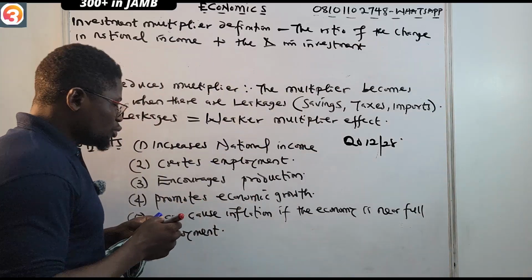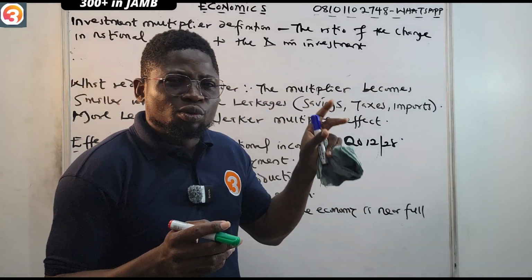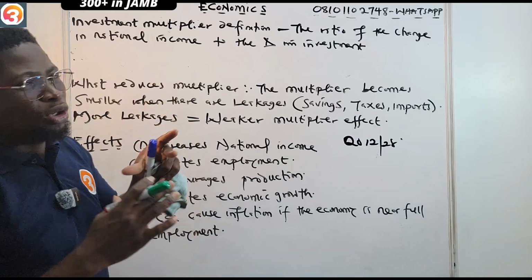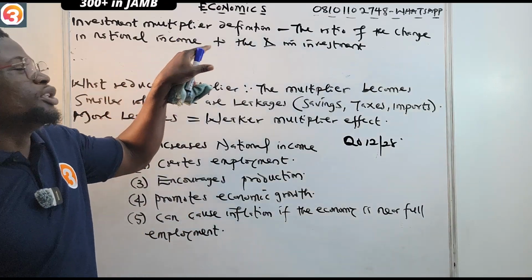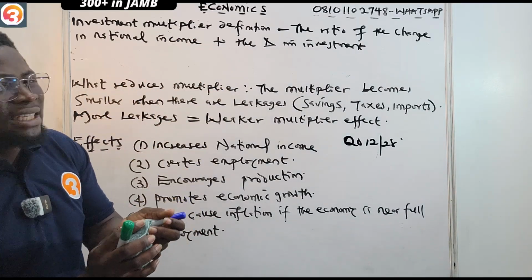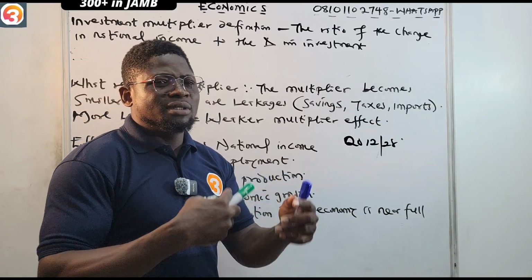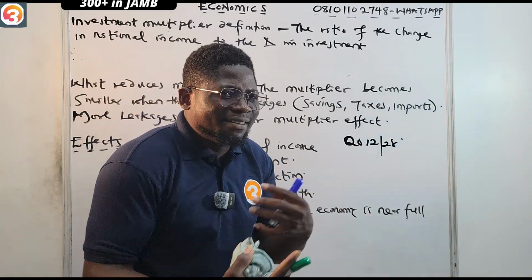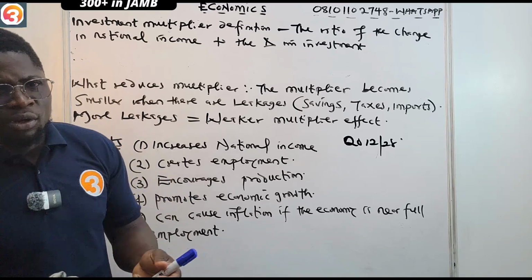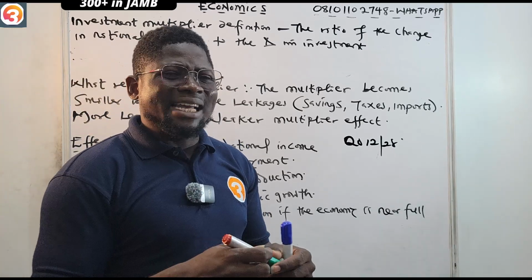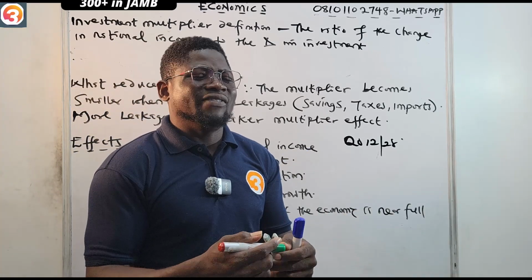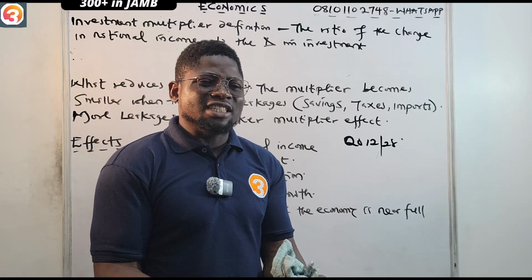So to define or to find your multiplier, we can use the investment multiplier word definition. It's trying to show us that as more and more investments come to the economy, there will be an increase in the national income. Because investment, remember, is an injection. It is not a leakage.